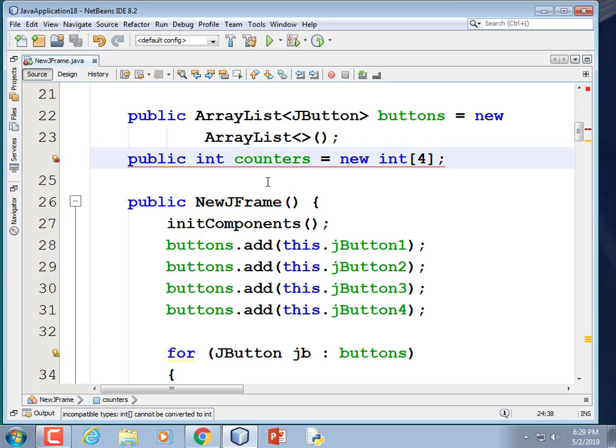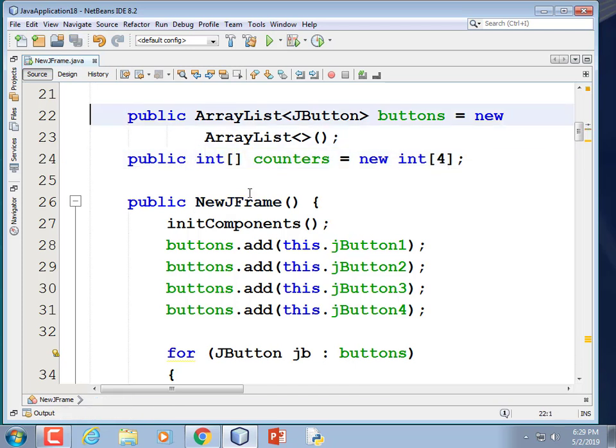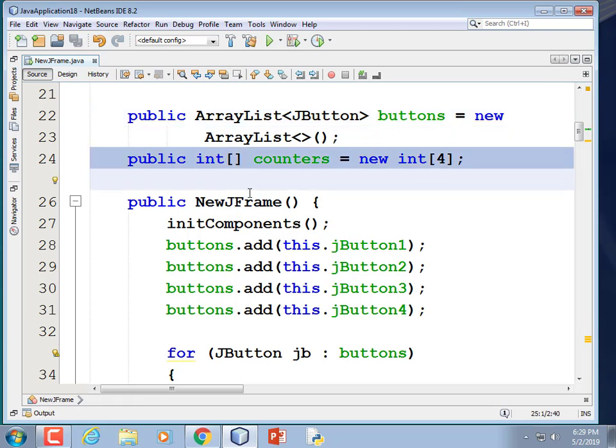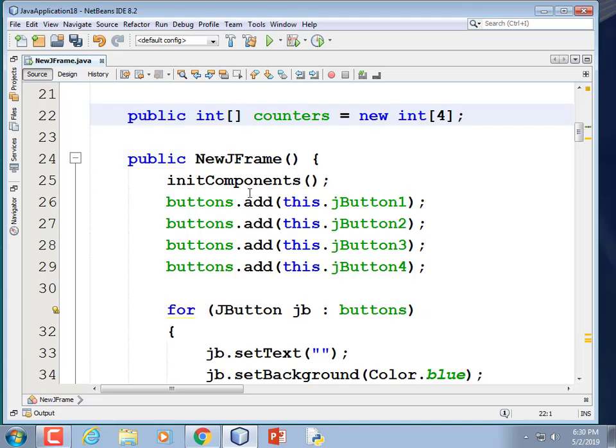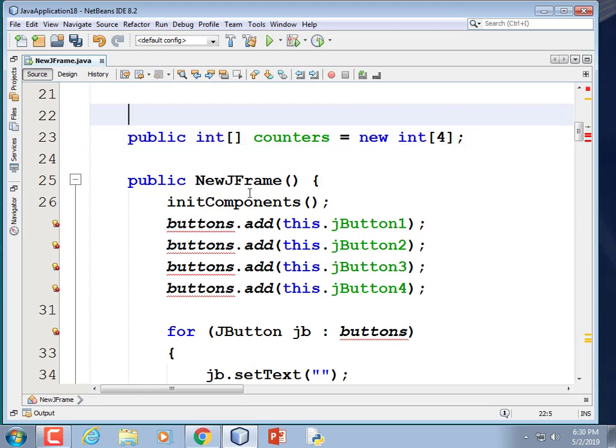And what did I forget? Somebody tell me. I'm trying to make an array and I goofed it. Oh, we forgot the square brackets. And honestly, since this is an array, this should have been an array as well. And I really hesitate to make this change. I don't think it's going to take that long. I'm going to delete the buttons list, sorry guys, and make it public